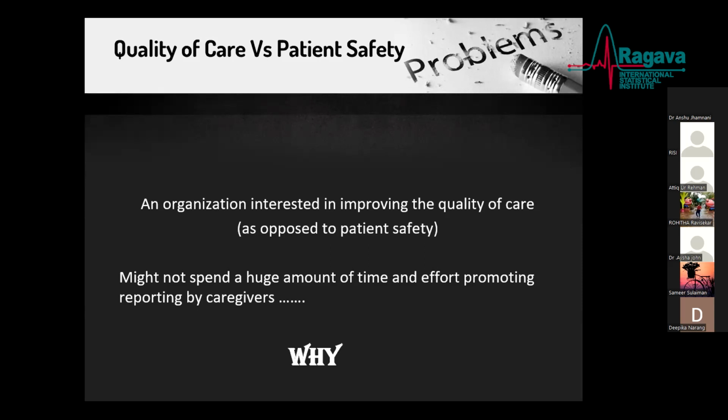Obviously, when a quality leader looks into the KPI and finds a hotspot area in these measures, of course, he or she cannot proceed without interviewing the staff to develop a complete understanding of the process. But collecting the data can often be accomplished without the provider's participation. So that's the basic difference between quality of care and patient safety.